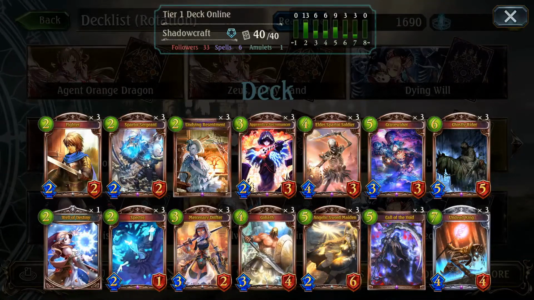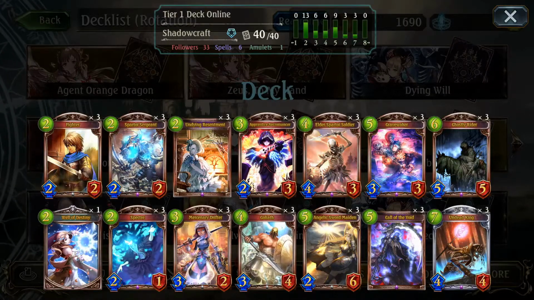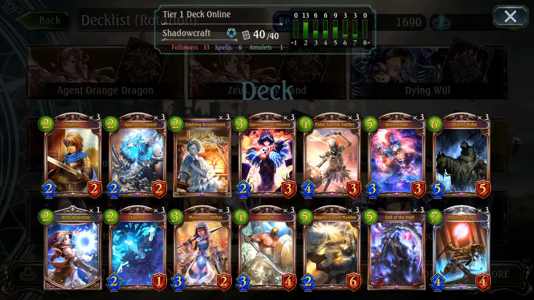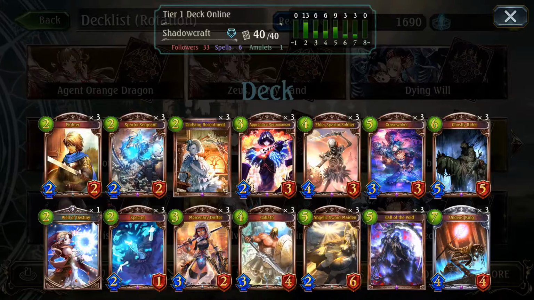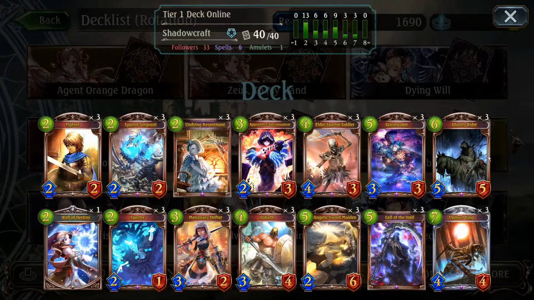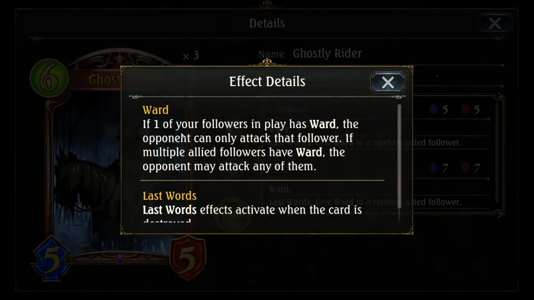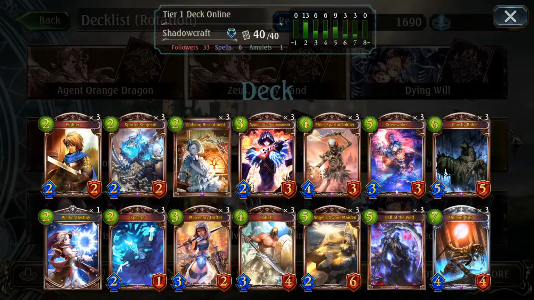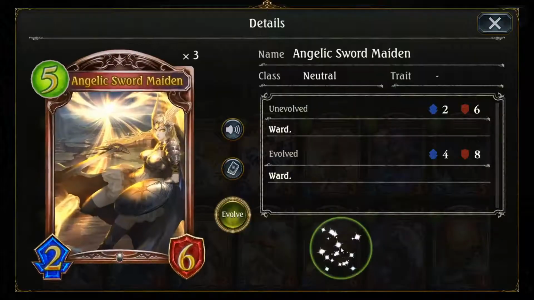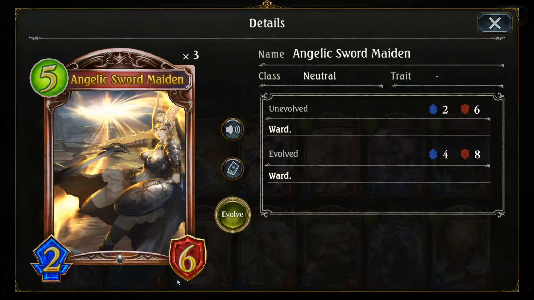There are three types of threats that exist within the game. The first is what I call boss monsters. These are the really, really big followers that are kind of hard to get over, or they're just really, really strong, have a lot of defense. Some examples of boss monsters might be, for example, Ghostly Rider, who's a 5/5 and is a ward. You have to destroy a ward before you can attack your opponent directly. Angelic Sword Maiden, also a ward, 2/6, super thick,